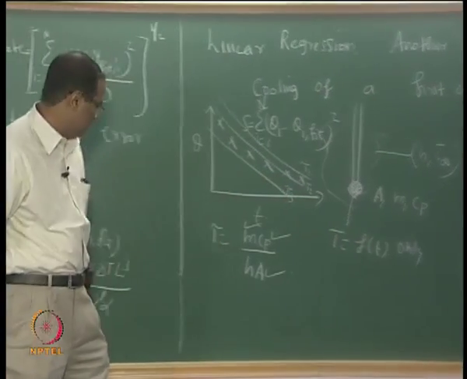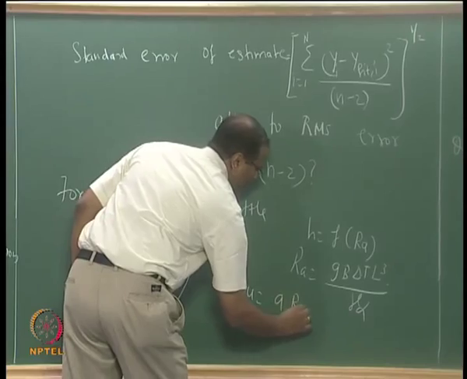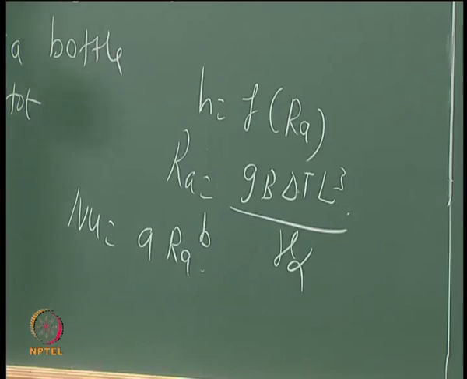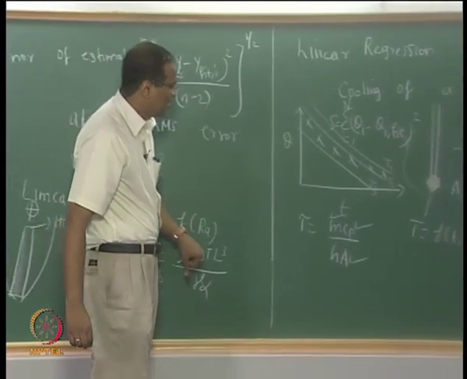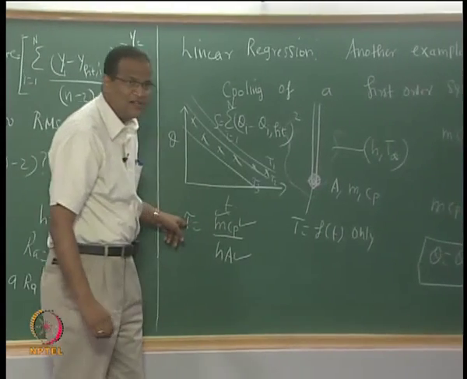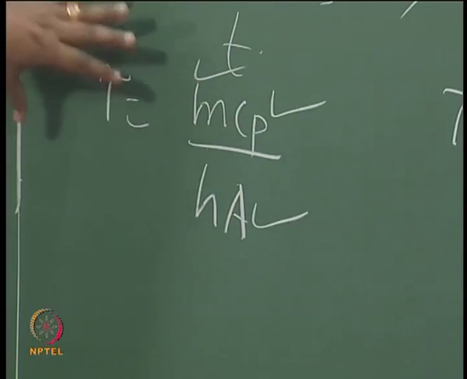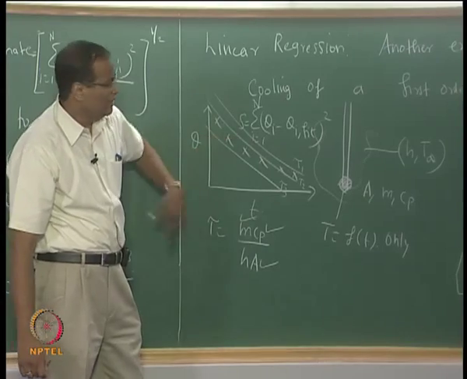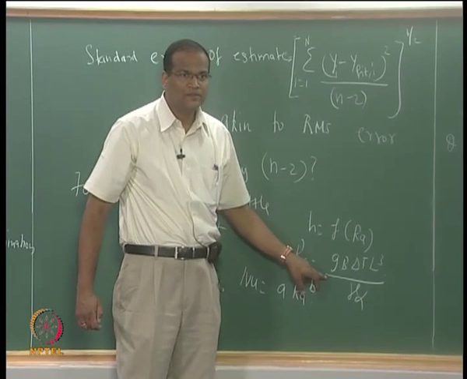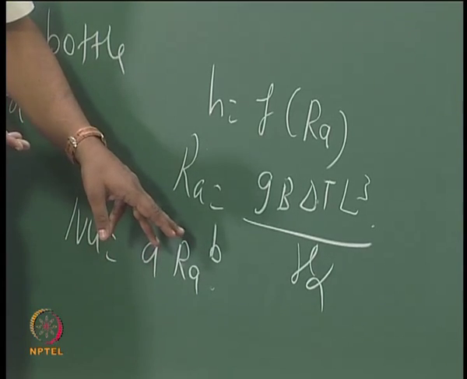If you want to model this appropriately, you will say that the Nusselt number goes as A into Rayleigh number to the power of B. This Rayleigh number has the temperature difference delta T equal to T minus T infinity, which is nothing but theta. You substitute for the heat transfer coefficient as the Nusselt number in the time constant, and declare that the unknowns are A and B. Then using least square regression it is possible to get A and B. Sparrow did this, and he wrote a paper 30 years back in the ASME Journal of Heat Transfer.